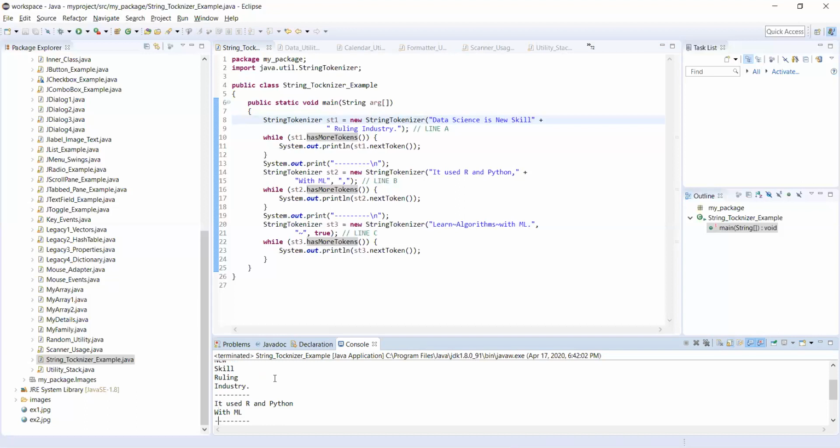Coming to the next one, it used R and Python with ML, because we have mentioned these things. Next, thereafter, learn algorithms with ML. Likewise it is going to split the appropriate things related to our requirement, friends. So the StringTokenizer fundamentally allows us to tokenize the appropriate strings.